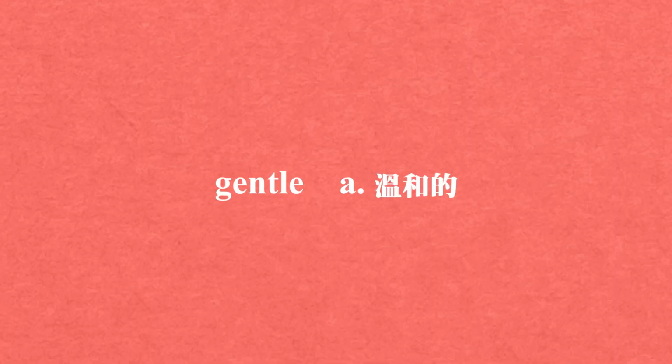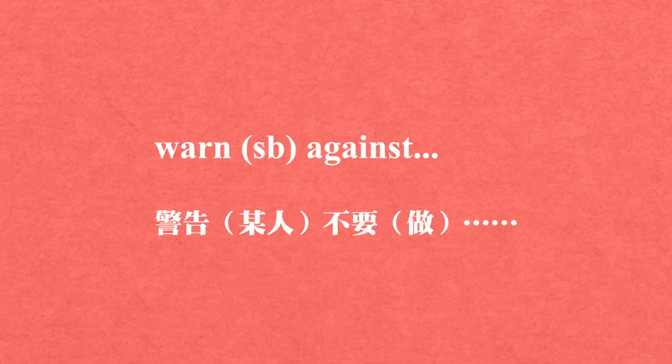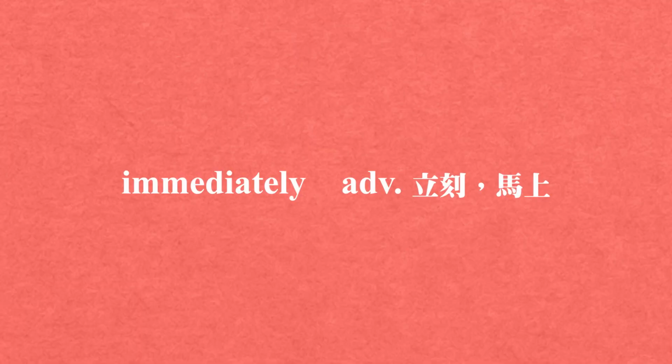Number 2, another adjective, gentle. Gentle 就是温柔的或者是温驯的那种感觉。Next, we have a verb phrase, to warn somebody against something. To warn 就是警告，warn somebody against something 就是警告那个人不要做什么事情。And lastly, we have immediately. Immediately 就是马上立刻。